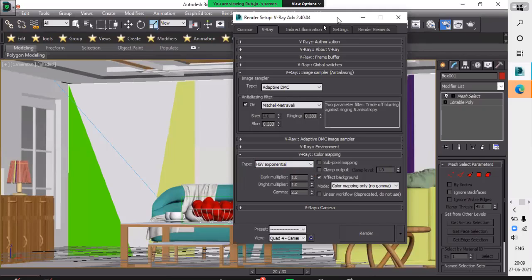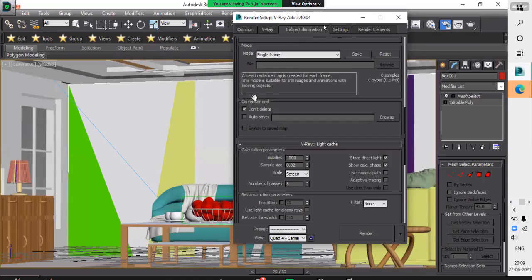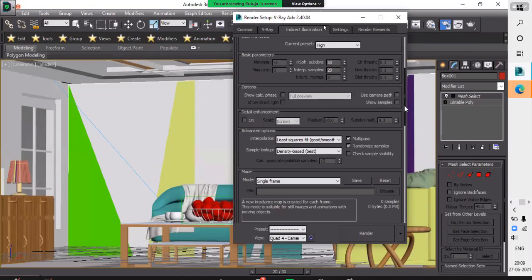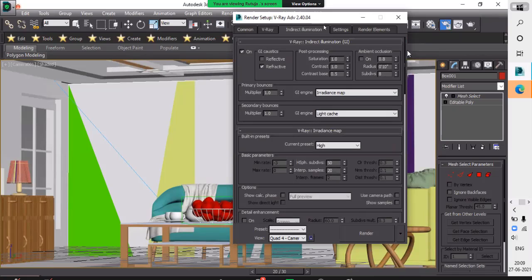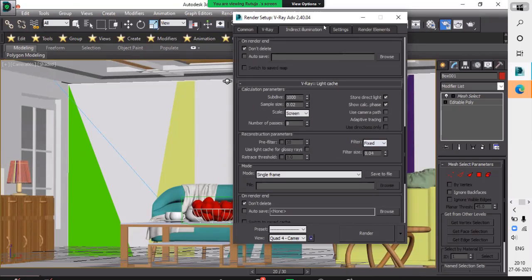Then go to the third box with Indirect illumination on, then go to the irradiance map, which is here.